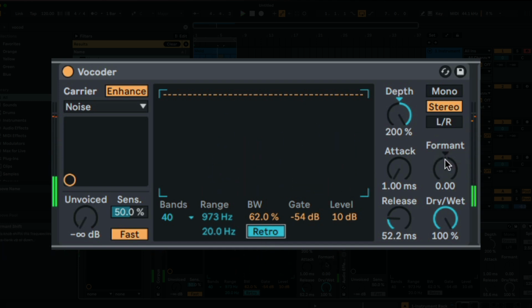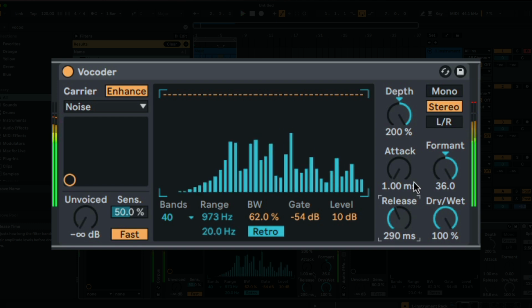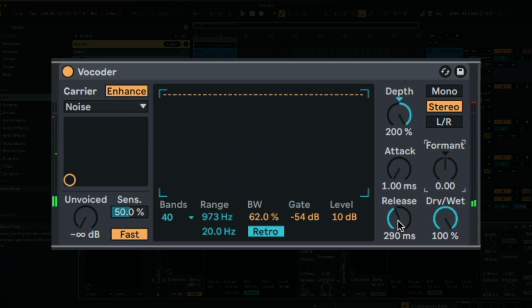I also had to play around with the formant value as well, which just shifts the formant filter up and down. But for what I was doing here, I just liked it in the middle. But using the different values, you've got 12, 24, I think the maximum is 36. And then changing the release as well. You can get into some really sort of top-end gritty sound. So if you can think of situations that you would find that useful, there's many different applications to what this